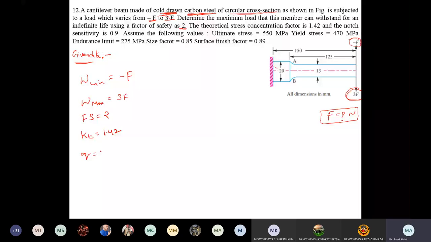Ultimate stress is given as 550 megapascal, yield stress is given as 470 megapascal, and endurance limit is given as 275 megapascal. And size factor,